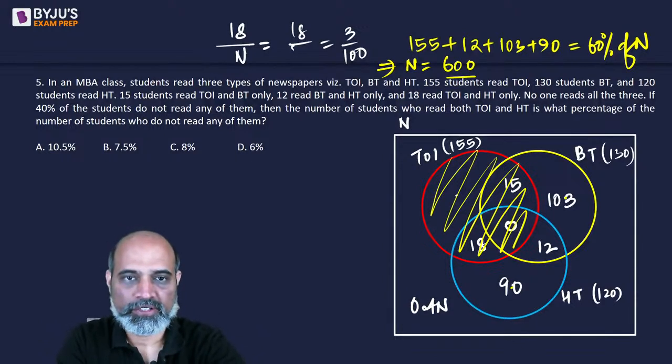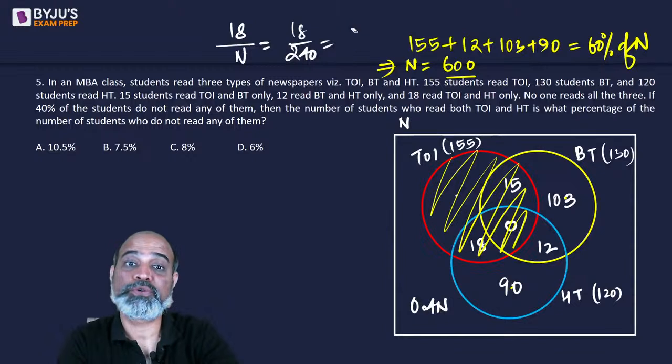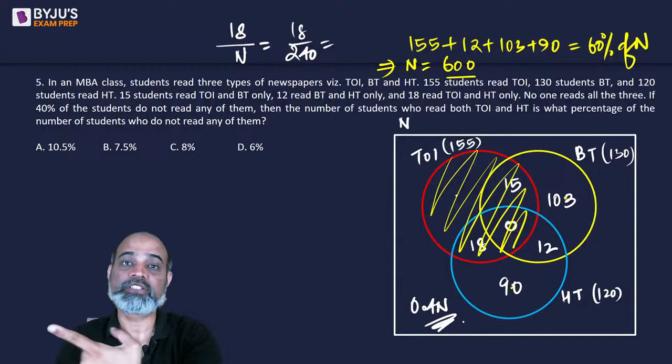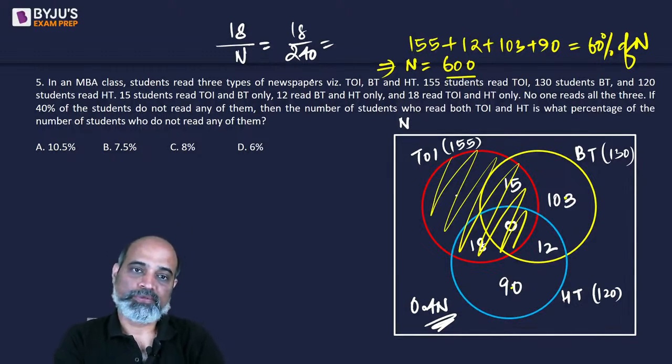Either I write n or 240. So it's not out of the total number of students. It's actually out of the number of students who do not read any of them. We have to find this percentage. So